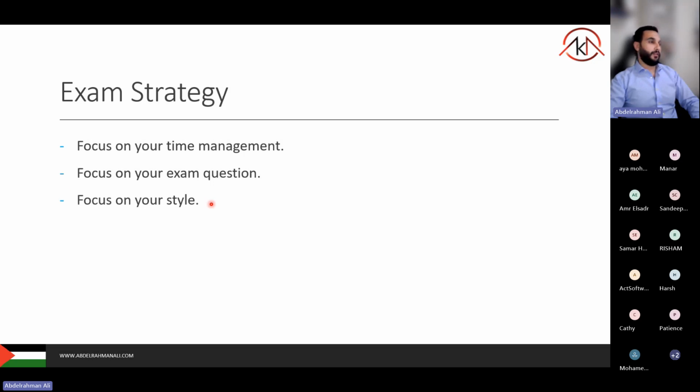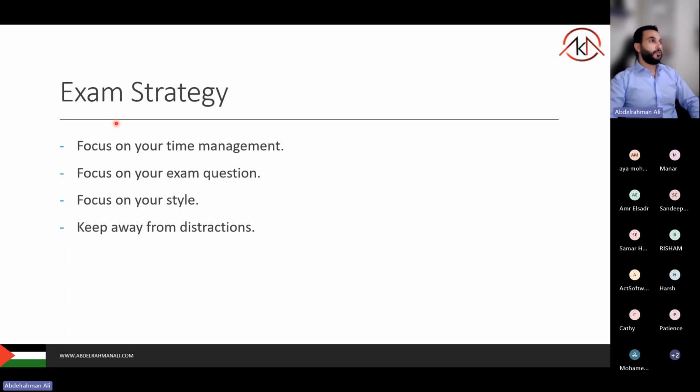Focus on your style. That's the third strategy. All right, so style does matter. I know that some of you might be in a hurry. We are not English native speakers and so on. But if you don't have style, again, the examiner doesn't know you. Without the style, without the technicality that you will provide to them, they will not be able to comprehend your answer. So in order for them to comprehend your answers and give you the marks that you deserve, it will be based on your technicality, it will be based on your style, and definitely style does matter because you will have to maintain a lot of order. For example, you will maintain order, you will maintain punctuation, and you have the option to do the spell checking